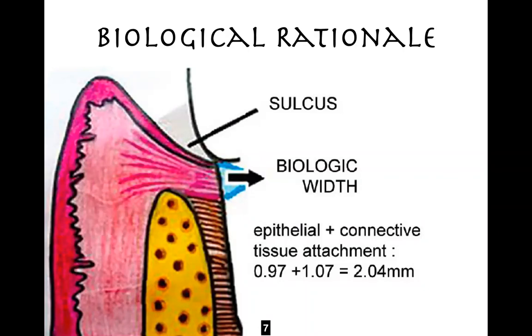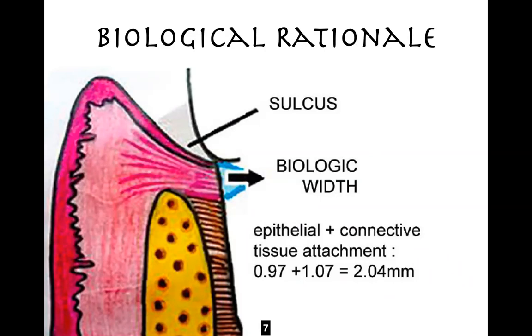Fisher, back in 1959, was the one who coined the term dento-gingival junction. It has a few other names also, but when I say dento-gingival junction, in 1959 this term was coined, and back in 1961 it was found that the vertical dimension of this dento-gingival junction comprises three things that you're seeing right here. The first one is the sulcus depth that the dentist evaluates.